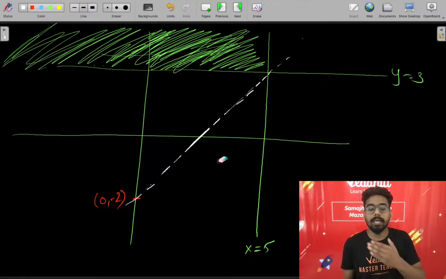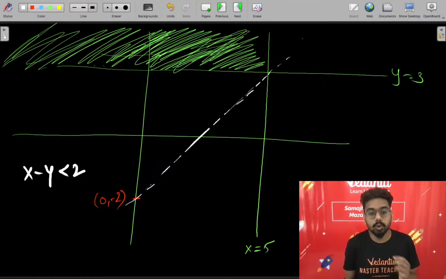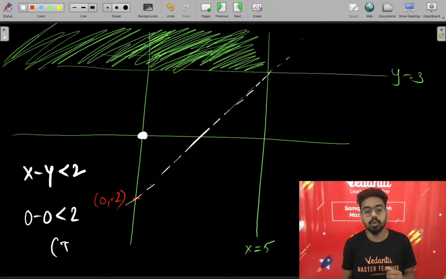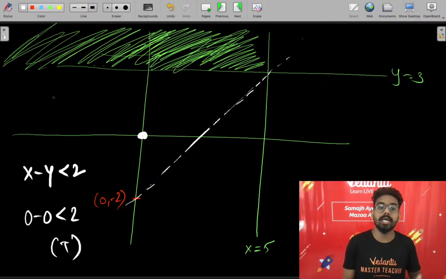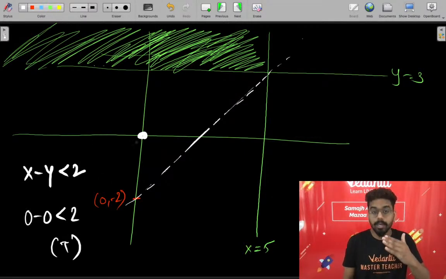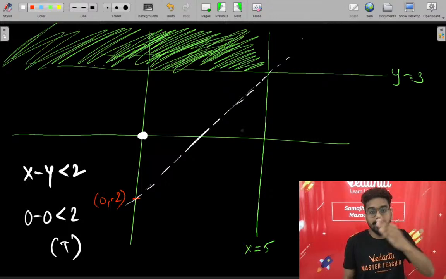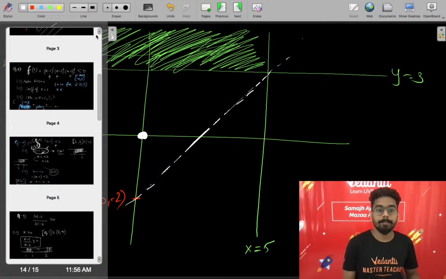अब इसके बाद क्या करना है, रीजन। अब हमने क्या बोला कि x - y < 2। Now pick a point which is not on this line. 0 - 0 < 2. This is true. If it is true, means your solution region will contain this particular point (0,0). मतलब इसके ऊपर का पूरा रीजन, और इसके ऊपर का पूरा रीजन कौन सा हुआ, इंटरसेक्शन। अगर आप करोगे, जस्ट अ मोमेंट,